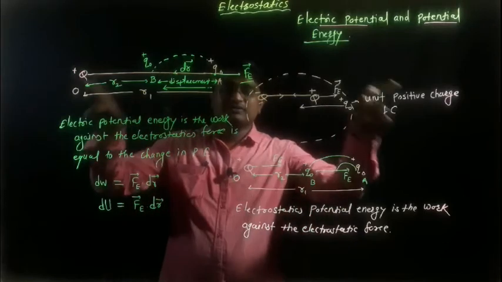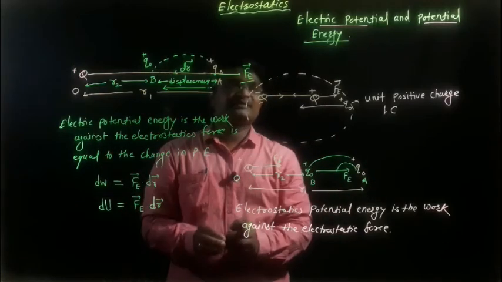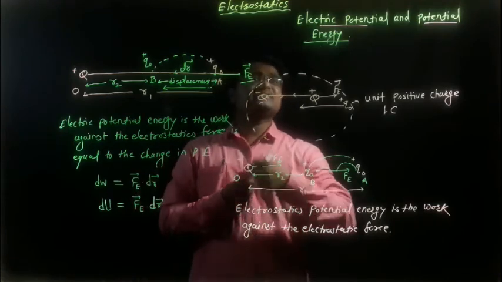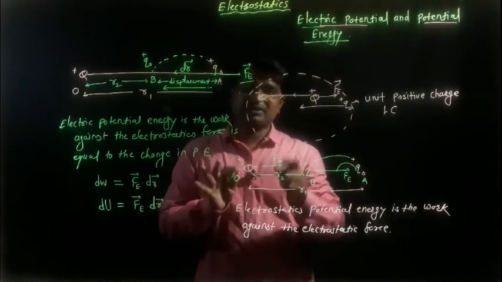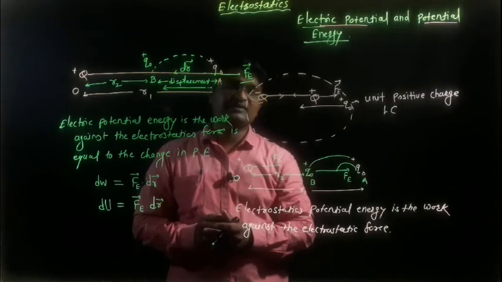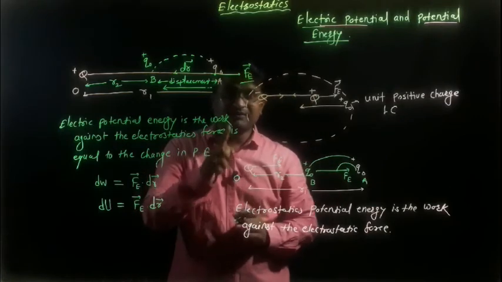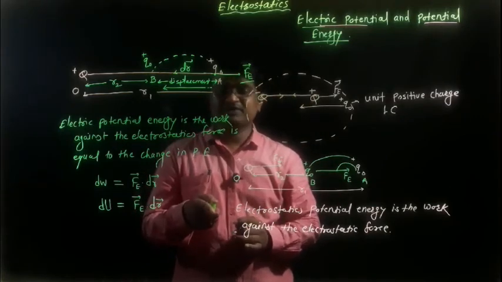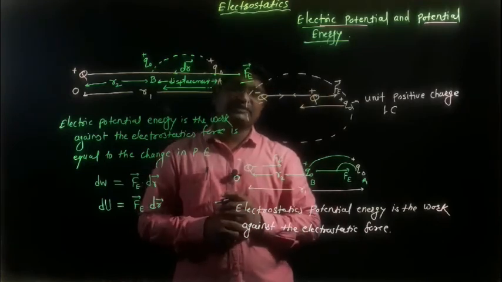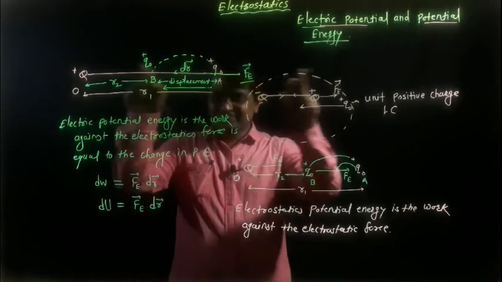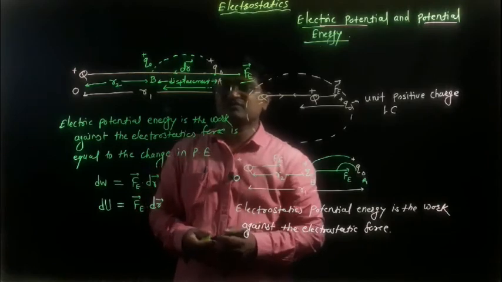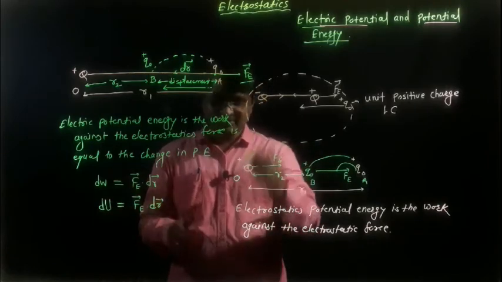So what is meant by potential, and what is electric potential energy? According to this concept, it is clear what electrostatic potential energy is, but the concept is only electric potential. Actually, electric potential and potential energy are different terms. Is that clear? And we will definitely discuss the difference between the two in our next point. But before that, we discuss the expression for potential energy. When we get the knowledge of electrostatic potential energy, we can find the expression for potential energy. So we can rub this.